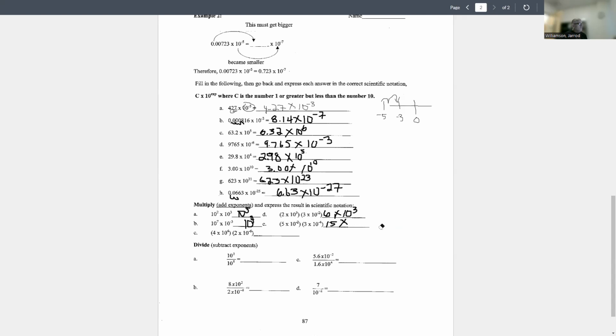So that's going to be 15 times 10 to the minus 6. But that's not in scientific notation, because it said scientific notation. So I need to make this 1 power of 10 smaller. That'll be 1.5. That means I need to make this 1 power of 10 bigger. And when I do that, I'm going to end up with